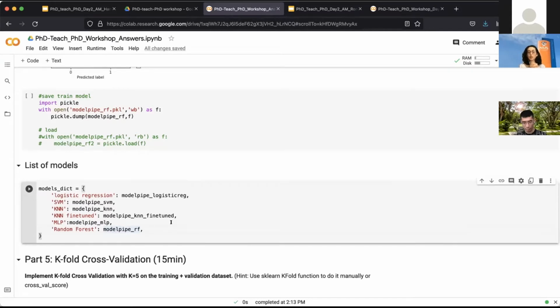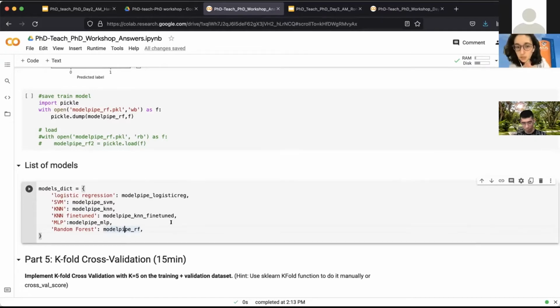If you do K equal 5 cross-validation, you will train 5 models. For each model, you will train on four folds and evaluate on the one fold that you didn't use. Then that means that instead of one AUC score, you will have